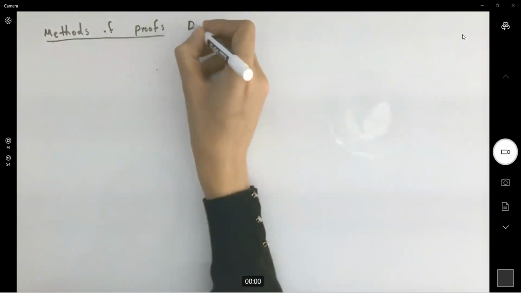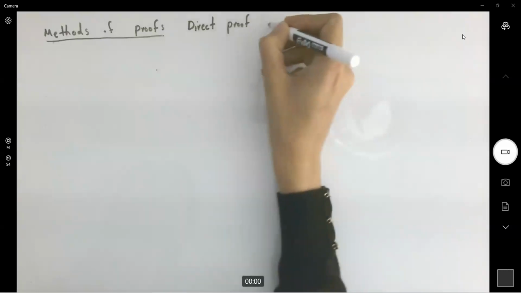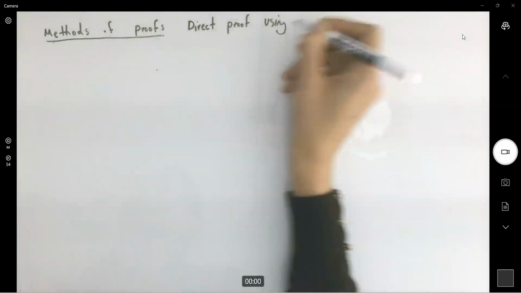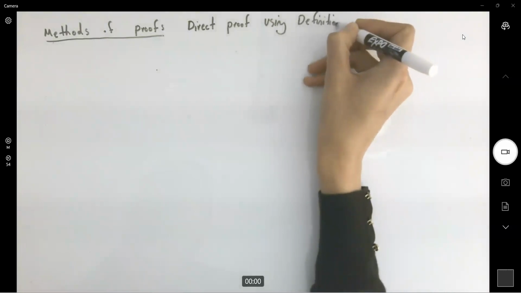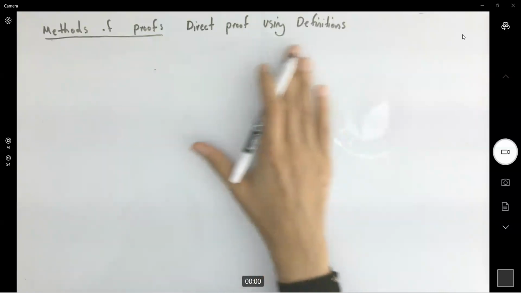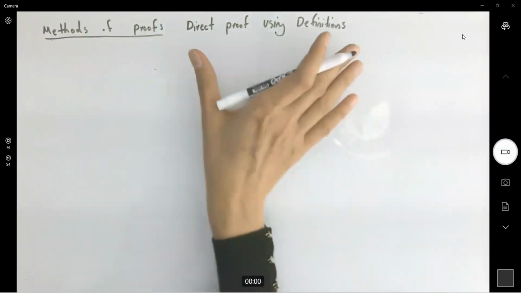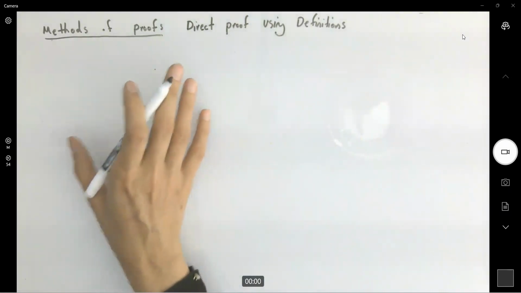So this is direct proof using definition. Okay, using definition. To apply this method, we're going to have the very first category of the contents that we're going to cover,